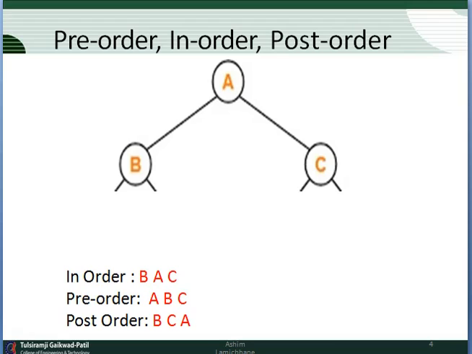If a binary tree is traversed in order, the output will produce the sorted key values or sorted elements in ascending order, we can say. There are three different steps: step 1 is to recursively traverse the left subtree, step 2 is to visit the root node, and step 3 is to recursively traverse the right subtree.